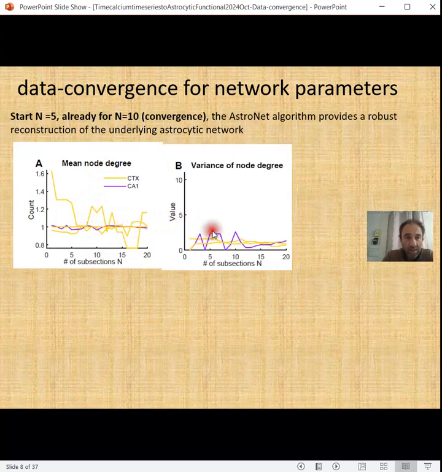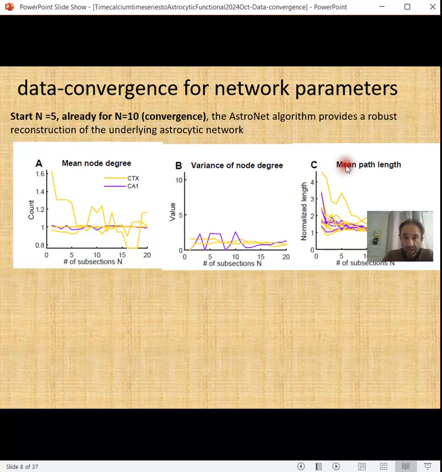This is normalized. It's the same for the variance. For the mean path length, it's clear that after N equals 10, you have a nice convergence. Also, you can see a drift suggesting that possibly more data would be needed. But I would say after N equals 13, you reach